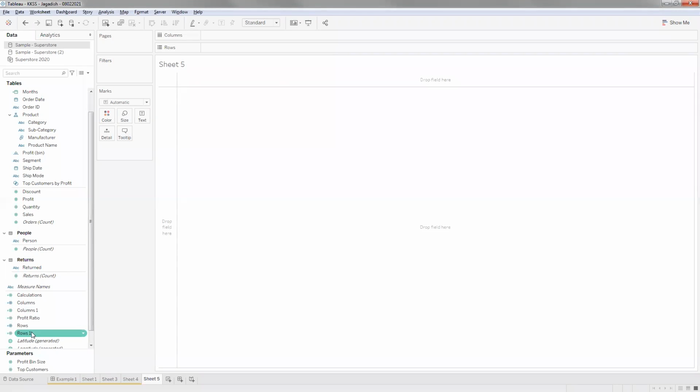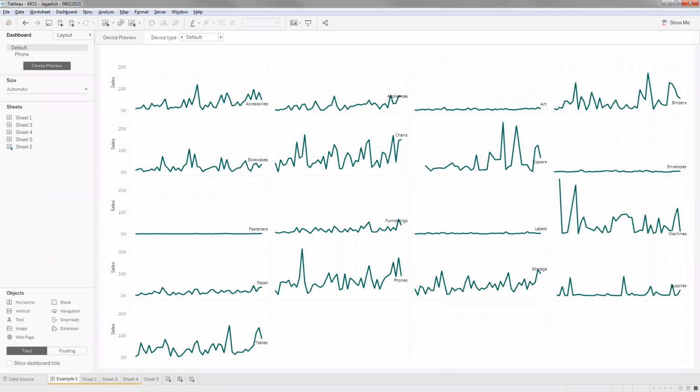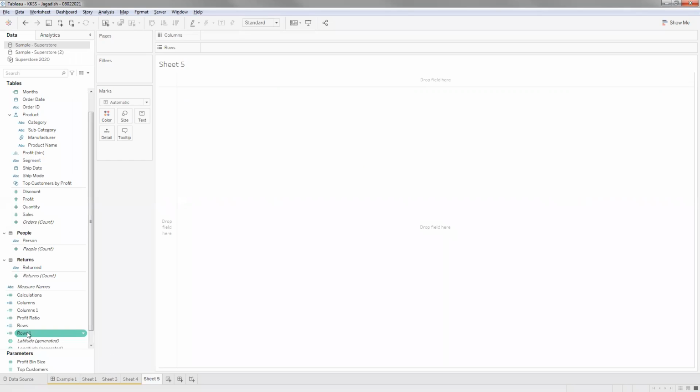If you see, we are getting green color. Normally green color means that it will create an axis, but it will not create a header. But in order for you to get a grid-like structure like this, you want them to work as headers, so you'll get the partition. So you'll just convert them to discrete, so it will work as a header and give you the partitions which you are expecting.